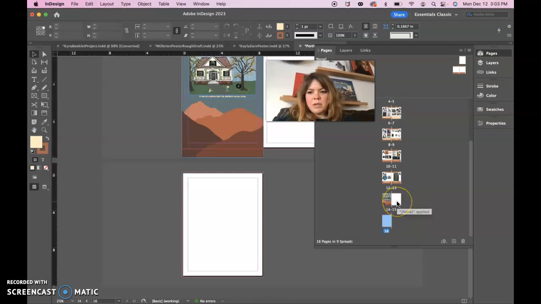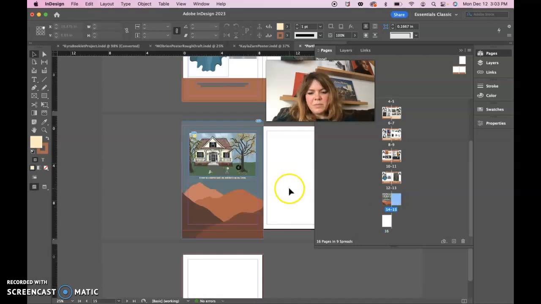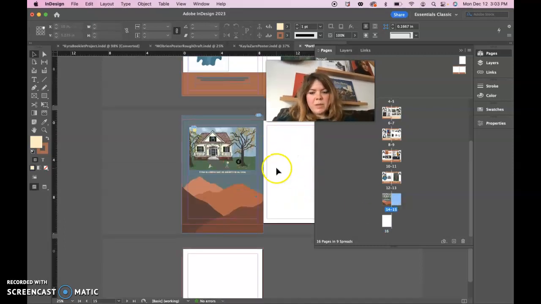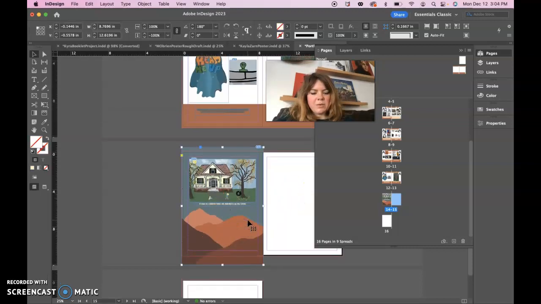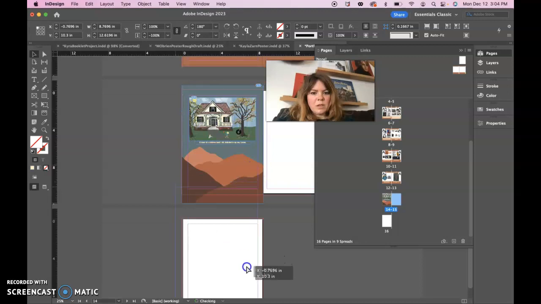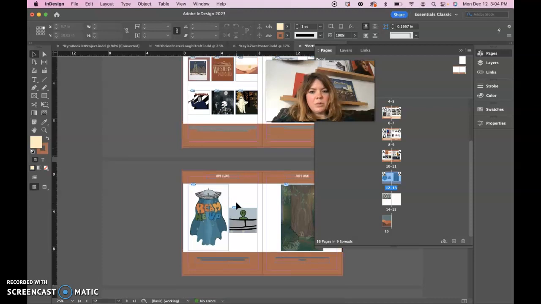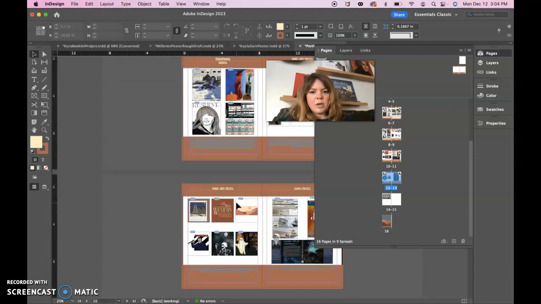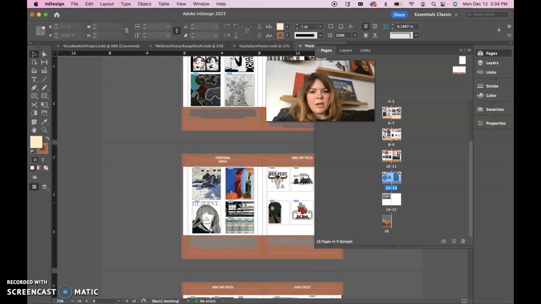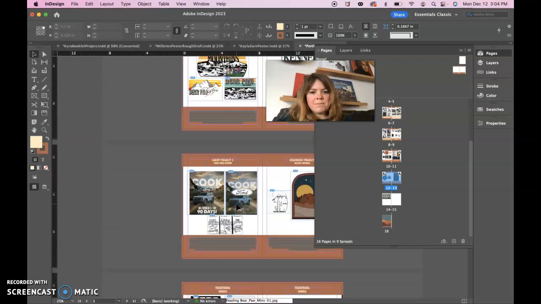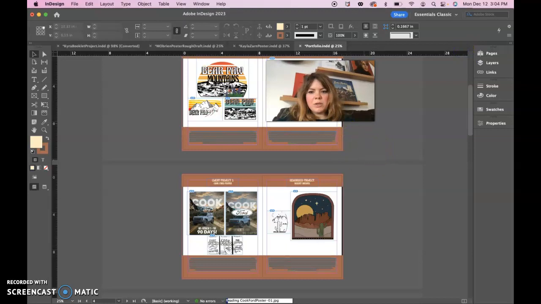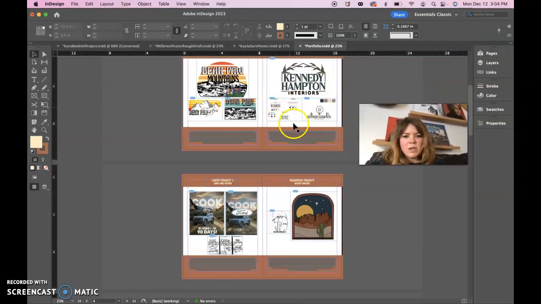I would maybe put in your resume on one page just to fill in that page, and then a back cover. This could be the back cover, obviously. You could just move it. Let's see, what do you have on your other pages? And then you could just have this stuff that you have here on this spread, and maybe add in one more artwork example that you have that you want to highlight. You know, your client projects look pretty good. It seems like you have a decent amount